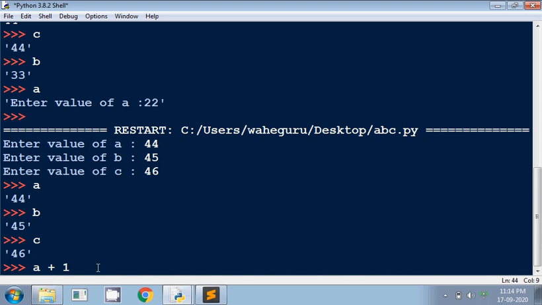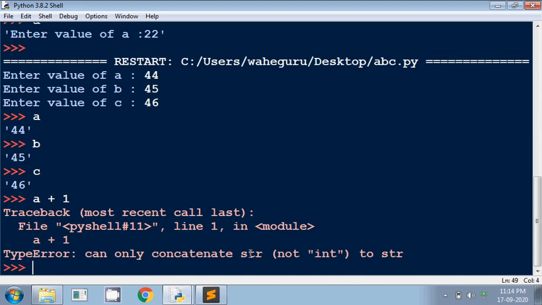Okay, so let's see this. So we have got the error, and the error is very meaningful. It says can only concatenate str not int to str. Okay, so we'll talk about the operators in the next videos.